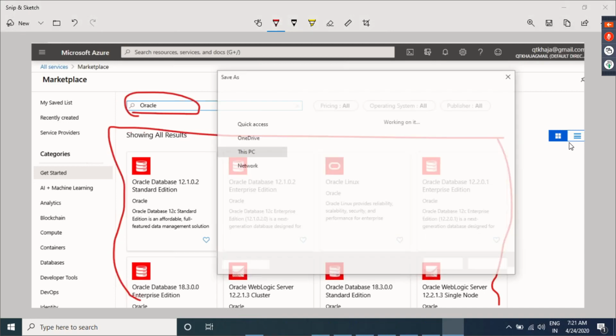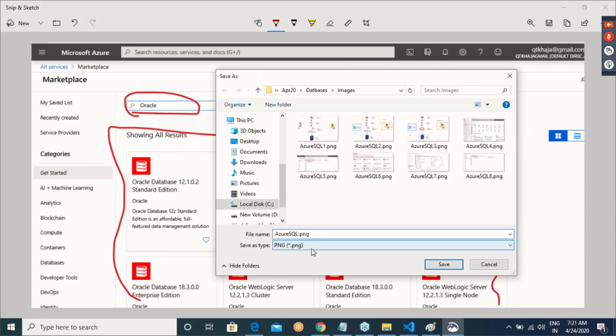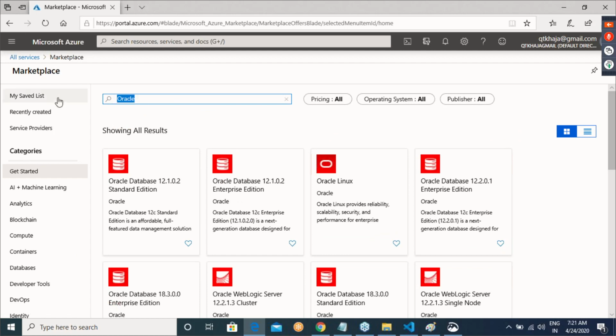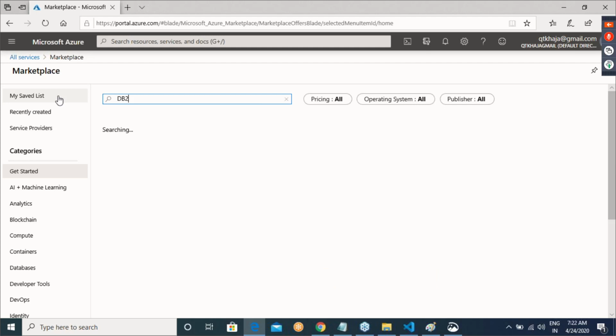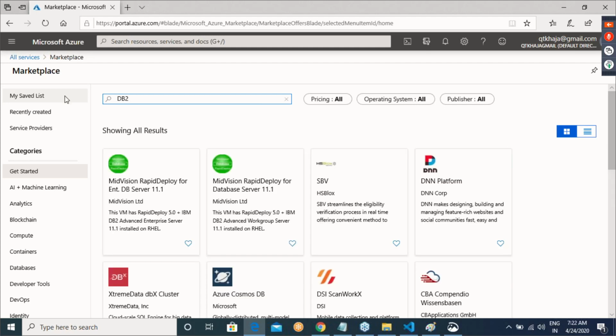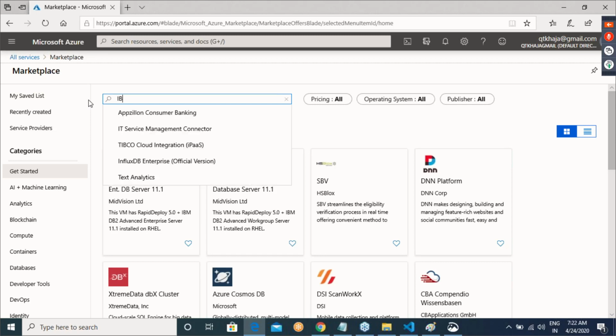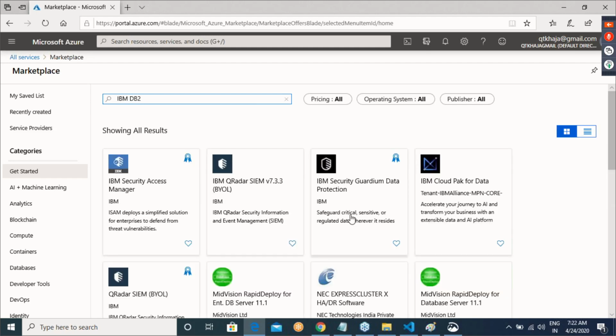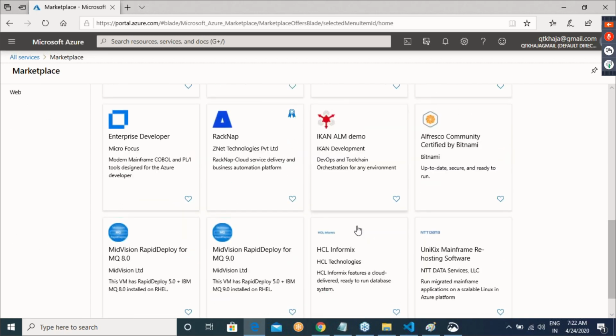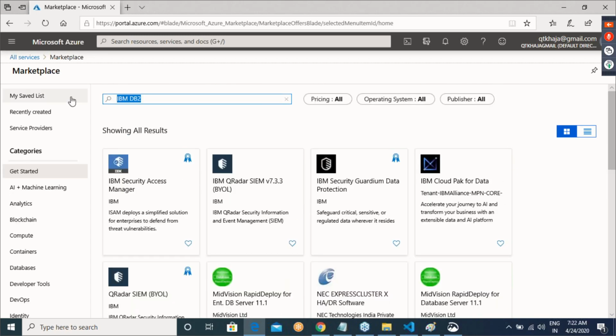Or let me put it this way: IBM, DB2. I'm not sure whether DB2 is present or not because I've never looked at it.